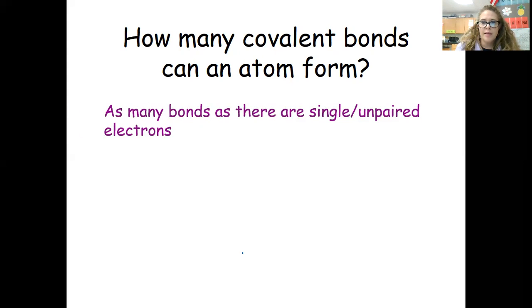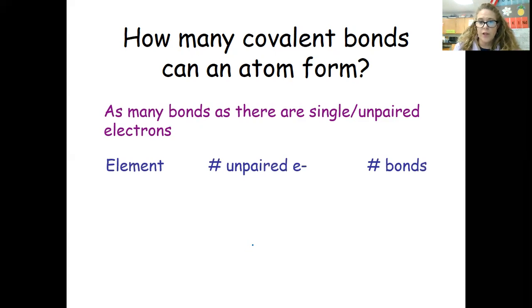as many bonds as there are single or unpaired electrons. So let's take a look. We have the element oxygen, the element nitrogen, and the element fluorine. And let's talk about hydrogen. Let me go backwards. If we're looking at our periodic table, oxygen, let's take a look at, I'm